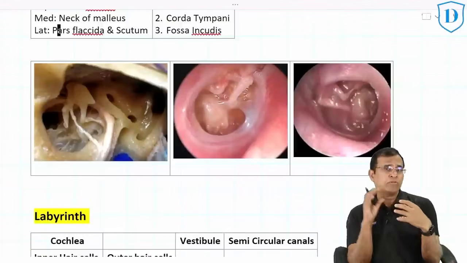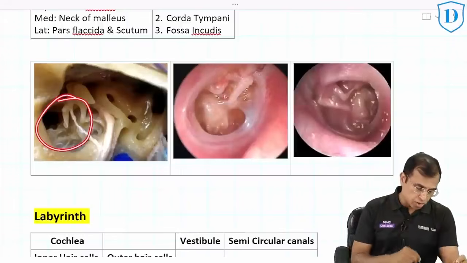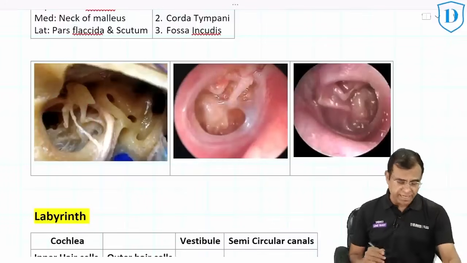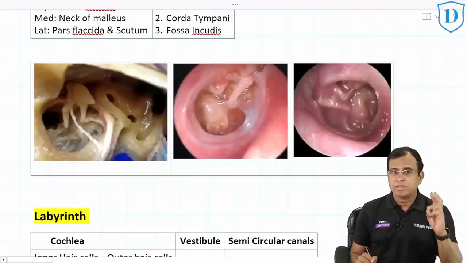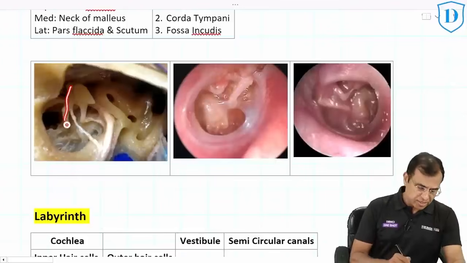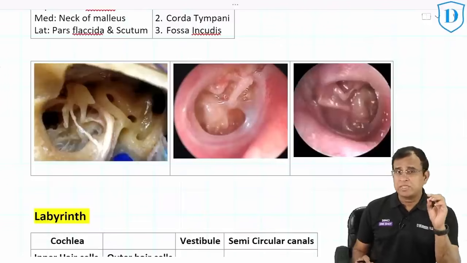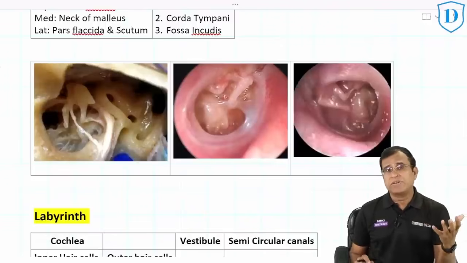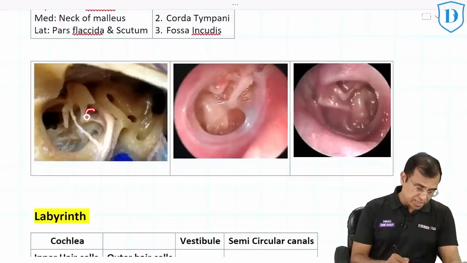That means when you're looking from the posterior end, right in front is the anterior wall. So this wall is the anterior wall, and this opening that you see is the eustachian tube opening, which is not that important. But three things are very, very important: this is the malleus, this is the incus, and this is the stapes. Usually seeing the stapes in an image of the middle ear is very difficult, but because this is a posterior view, you can see the stapes inside that oval window cavity.